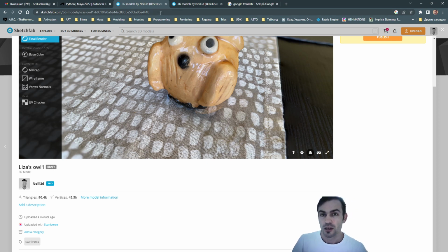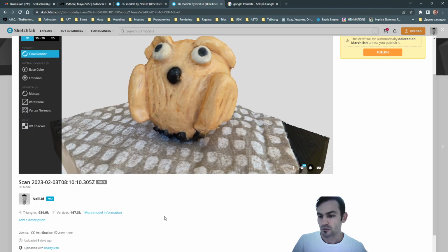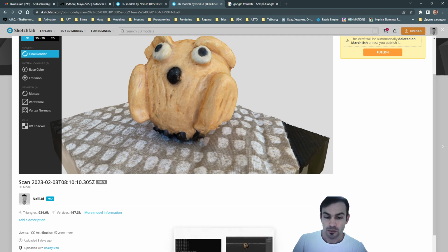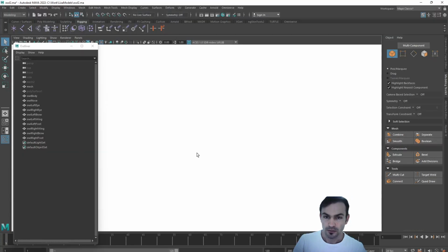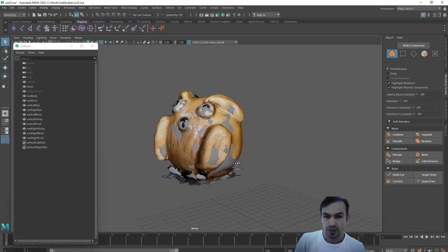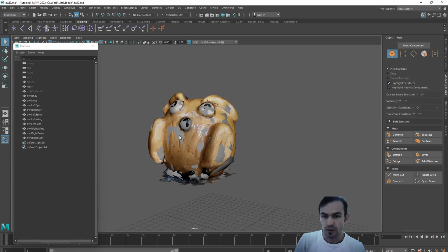I can get my models. In terms of RealityScan, it's not very clear because it's very attached to Sketchfab, and also I'm not sure if it's fully free or if I need to pay some subscription. So that was really nice, and then I bring everything to Maya, and then I bring this model to Maya, and then build